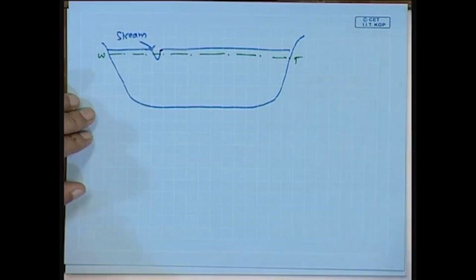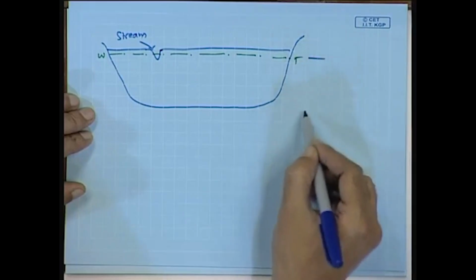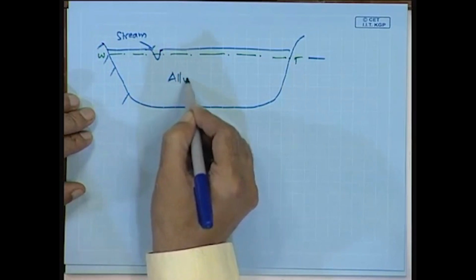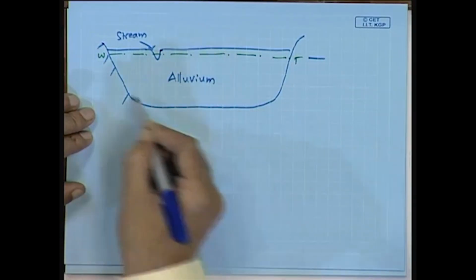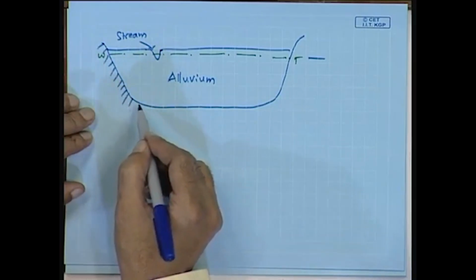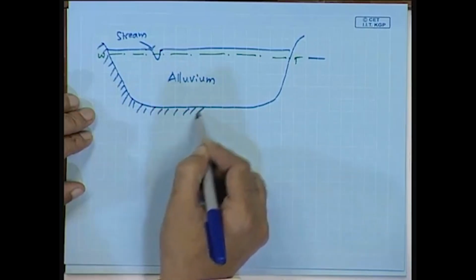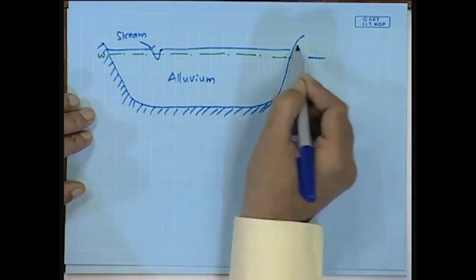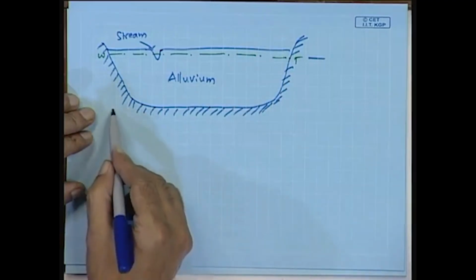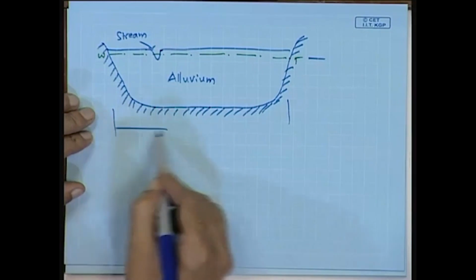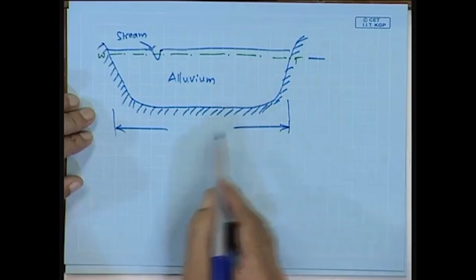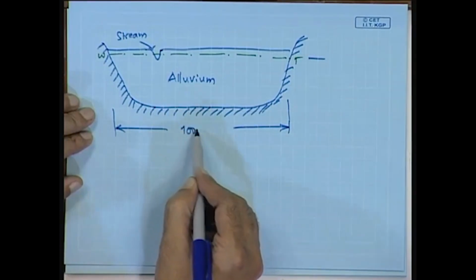Let us say this is the alluvium, which is essentially an aquifer, and let us say the width of this alluvium is something of the order of say 1000 meters,